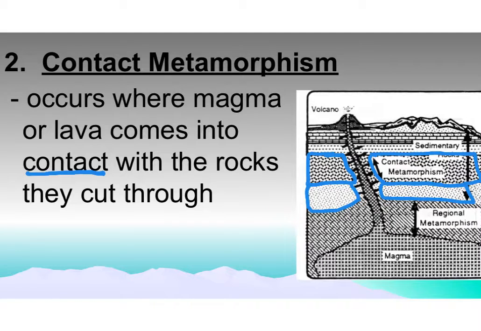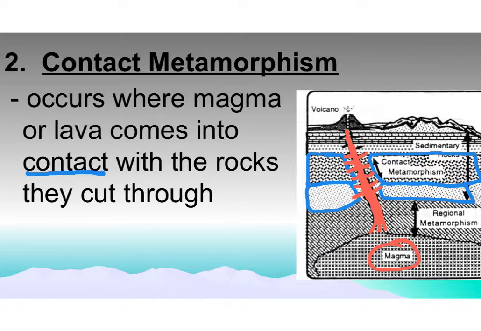But then there might have been some cracks in the rock, and that allowed some sort of weakness. And so the magma that is deep underground might have pushed up in between those little cracks on its way up to the surface. And as it comes into contact with the sedimentary rock, it actually heats up that sedimentary